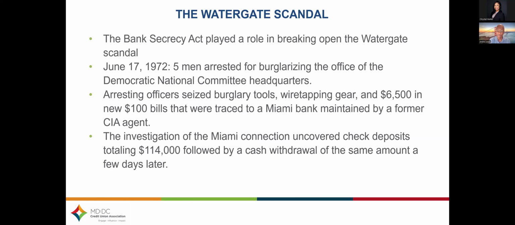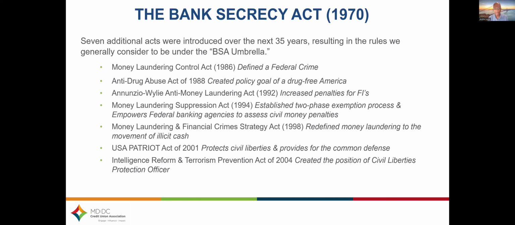Money was going between Florida and Washington, D.C. A former CIA agent had a bank account in Florida, and that's where the money was identified, going back and forth between that individual's bank account. So once this was put in place, you had a number of acts that came into place after